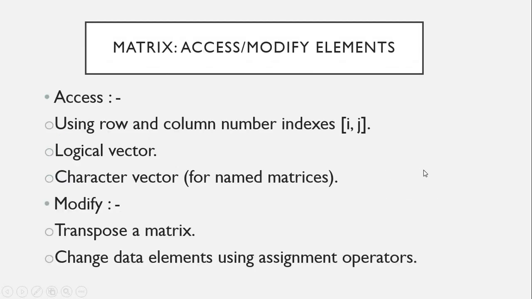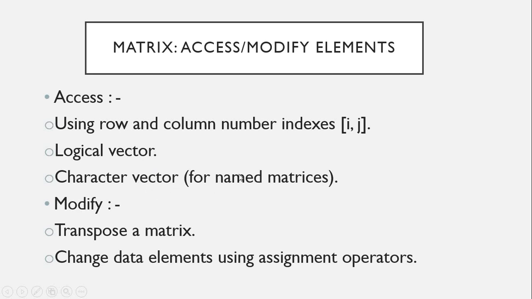matrices. Finally, the last thing that we're going to look at is how we can access data elements in a matrix. We have to access them using these indexes, that is the i and j, where i stands for the row number, and j stands for the column number. We're also going to look at the logical vector. Then we're also going to look at the character vector. Of course, this is on the